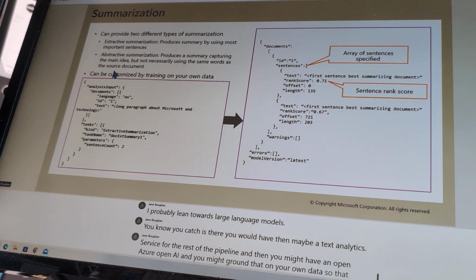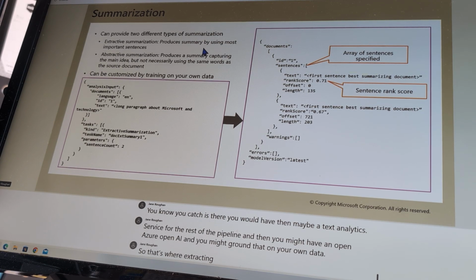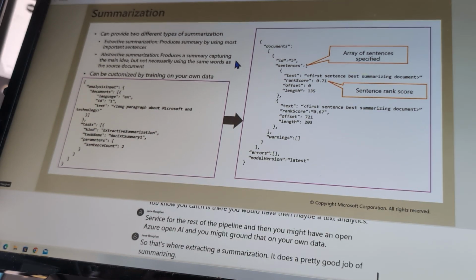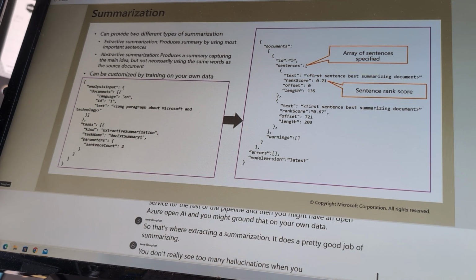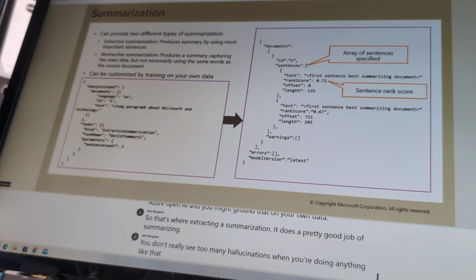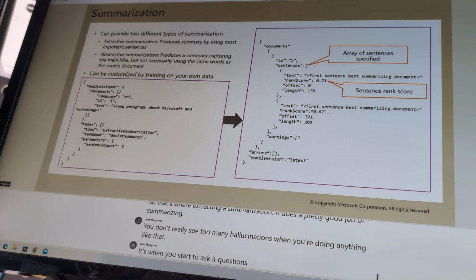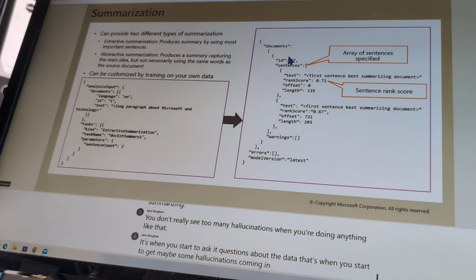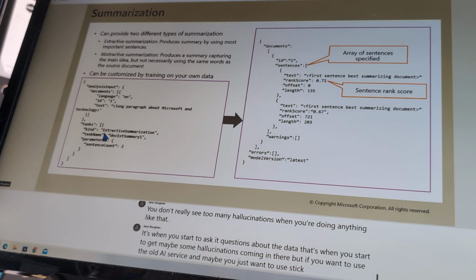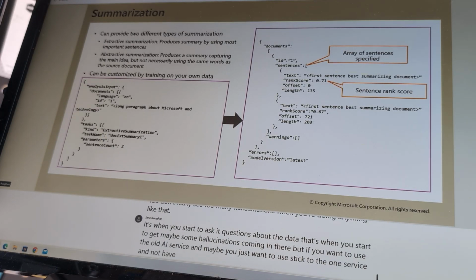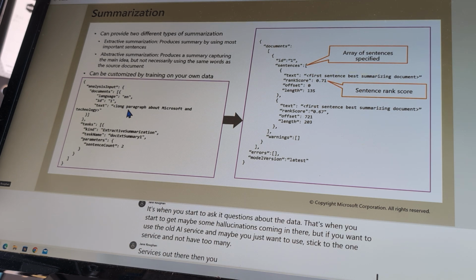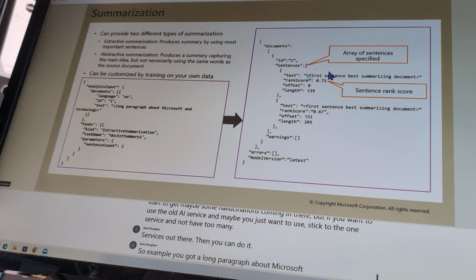So that's where extracting the summarization, it does a pretty good job of summarizing. You don't really see too many hallucinations when you're doing anything like that. It's when you start to ask questions about the data that's when you start to get maybe some hallucinations coming in there. But if you want to use the old AI service, and maybe you just want to stick to the one service and not have too many services out there, then you can do it. So example, you've got a long paragraph about Microsoft, and you can see here